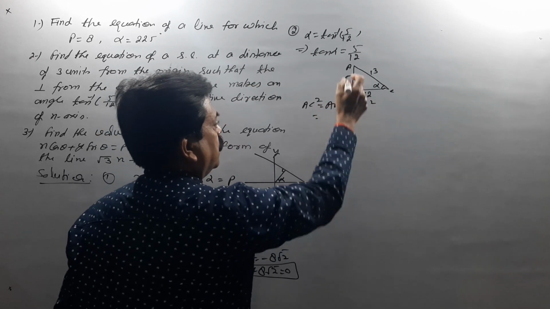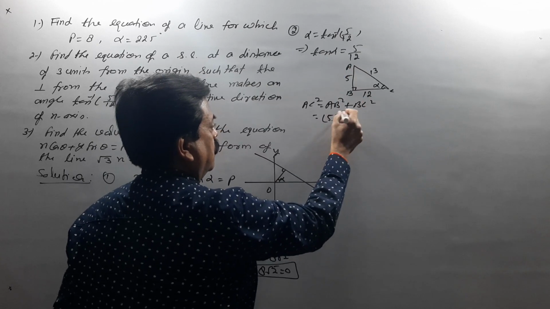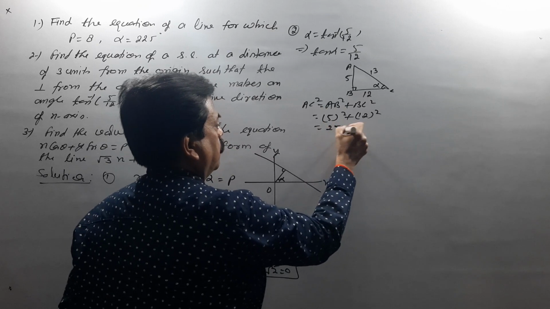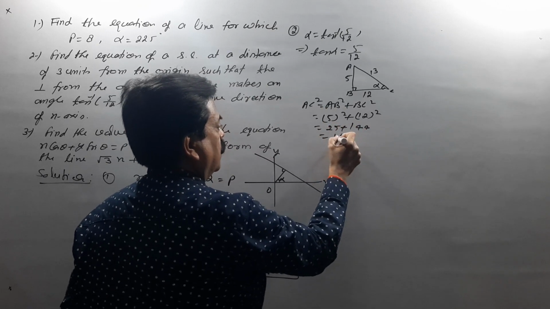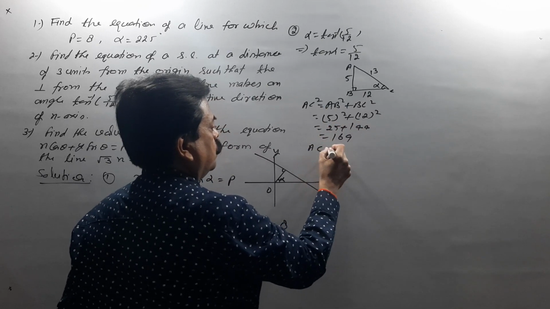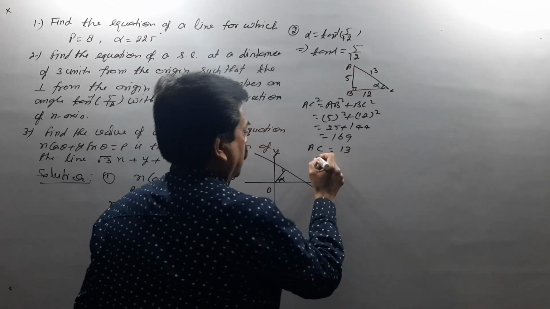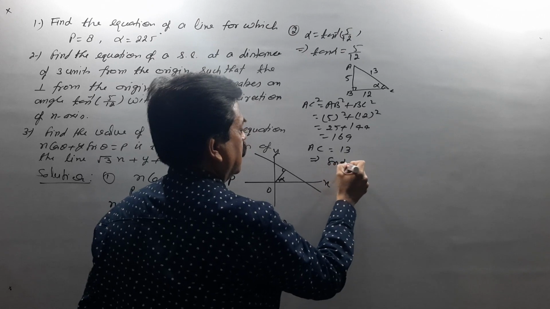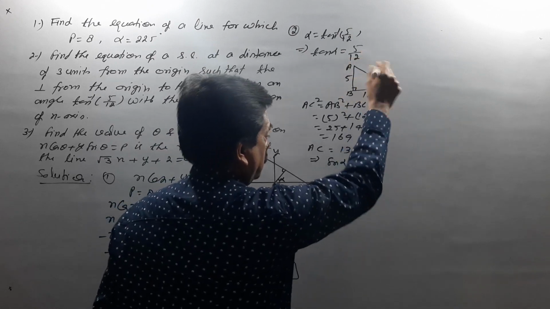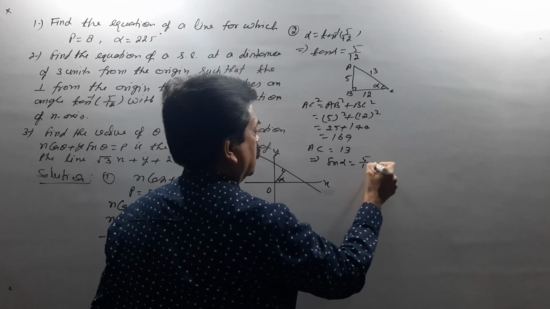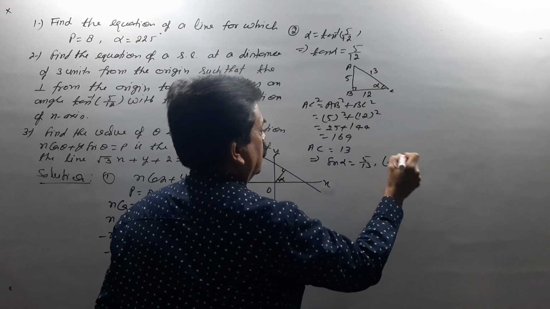Substitute values of AB and BC as 5 and 12. 25 plus 144 is 169, square root is 13. So AC is 13, and this implies sin alpha in this right angle triangle, perpendicular upon hypotenuse, so 5 upon 13, cos alpha